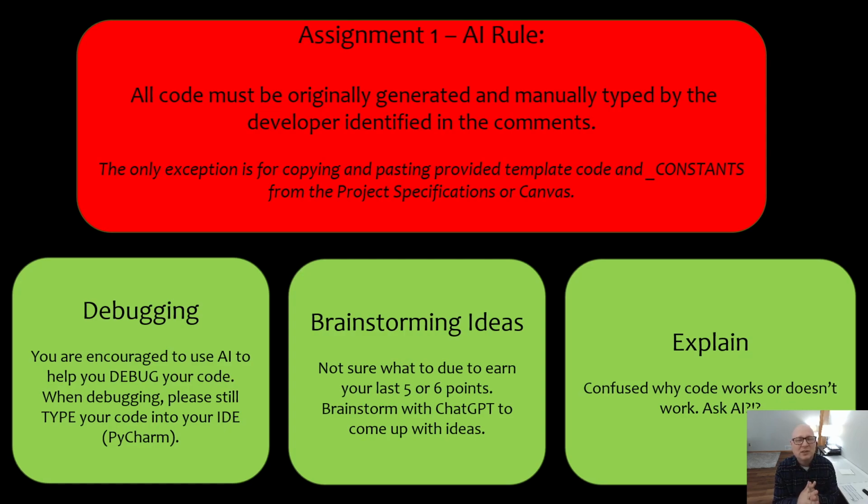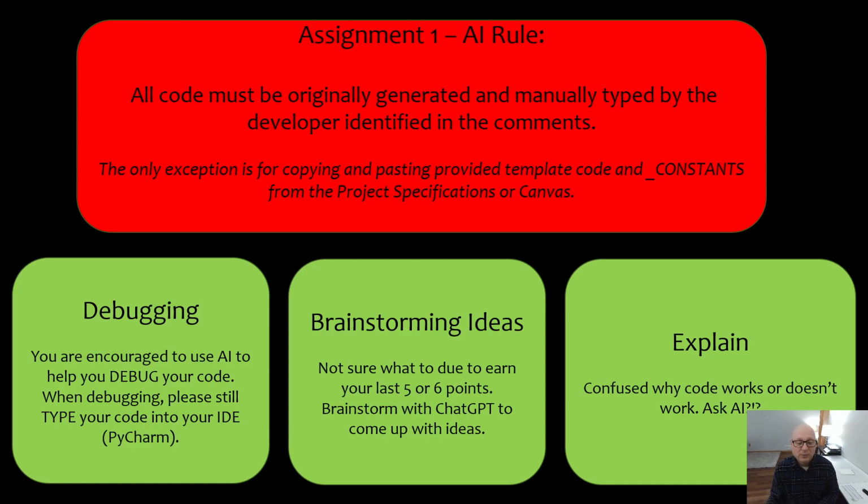Brainstorming ideas is welcome and encouraged. There's a section where you have to come up with your own idea for the final 5 or 6 points. Use ChatGPT as a thought partner. I use it as a thought partner all the time. It's a great tool. Also, if you have a block of code you don't understand or doesn't make sense to you, feel free to copy and paste that code in and ask ChatGPT to explain it. It usually will provide a line-by-line detailed explanation, and you can even ask it follow-up questions. It does a phenomenal job, and it's an incredible tool for a coder.